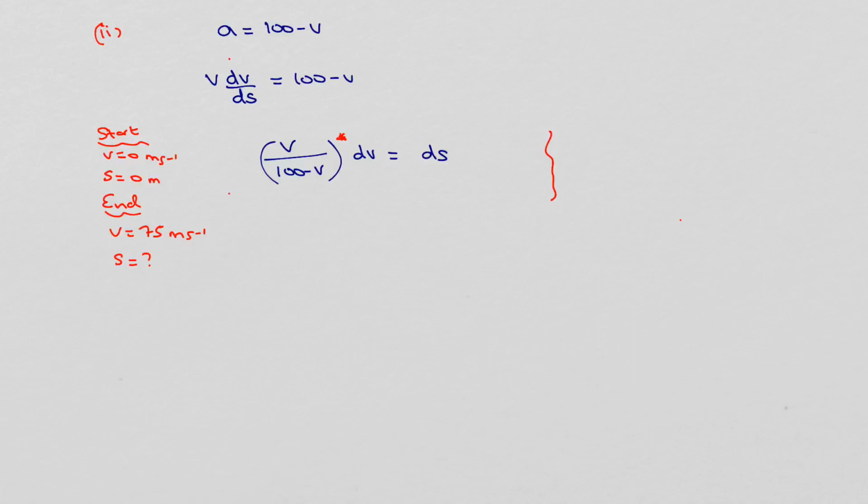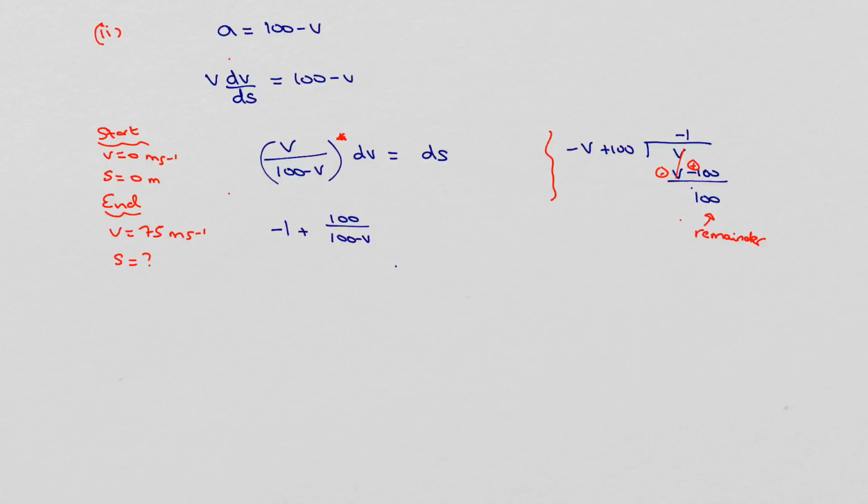And what I'm trying to do here is divide 100 minus v into v. So if I'm doing my long division there, minus v goes into v minus 1 times. If I multiply that back out, I get v minus 100. If I subtract, in other words, change the signs, what am I left with? I'm left with a remainder of 100. So what that means is that the denominator divides into the numerator minus 1 time with a remainder of 100,